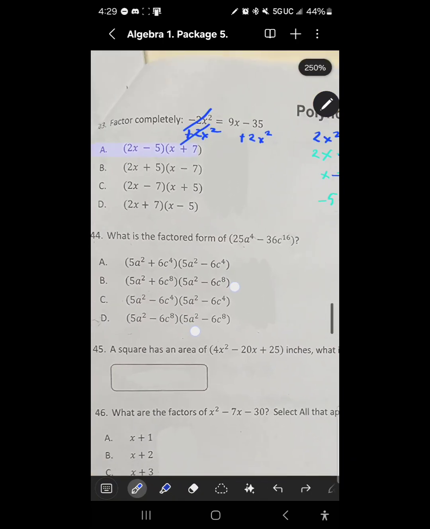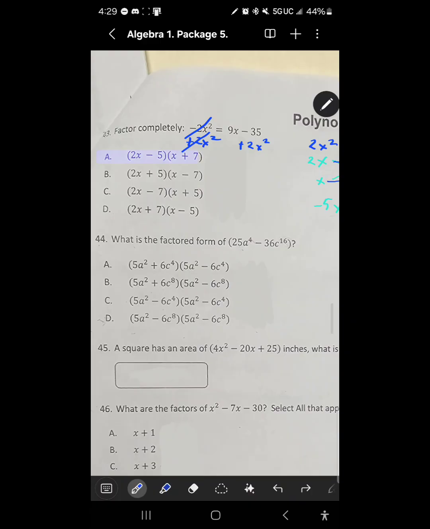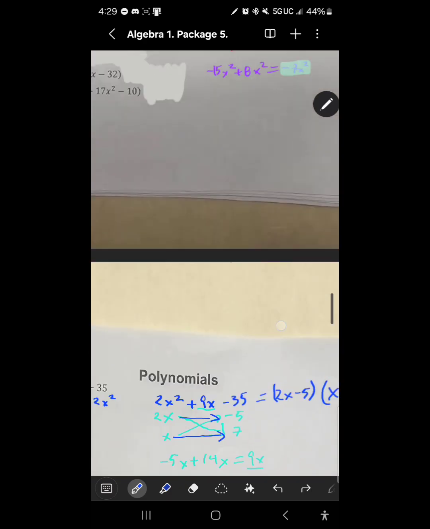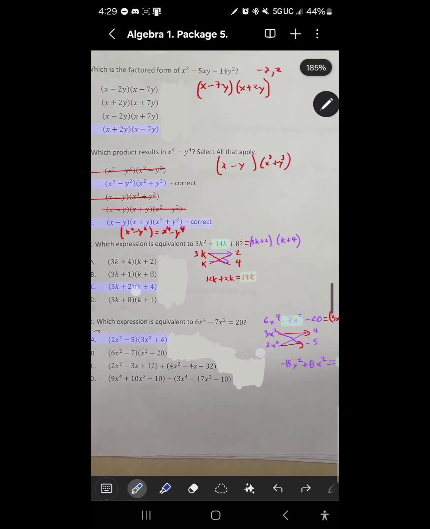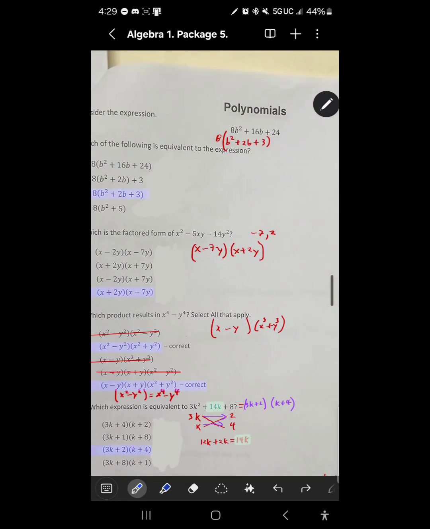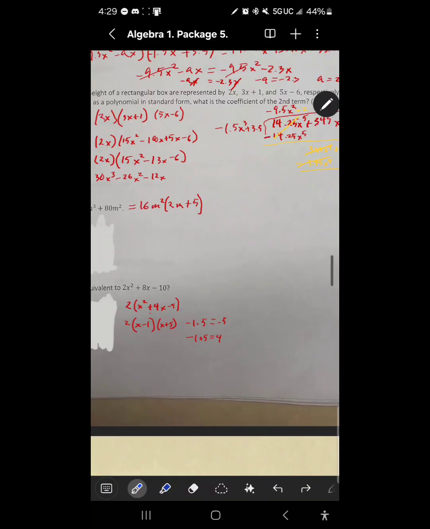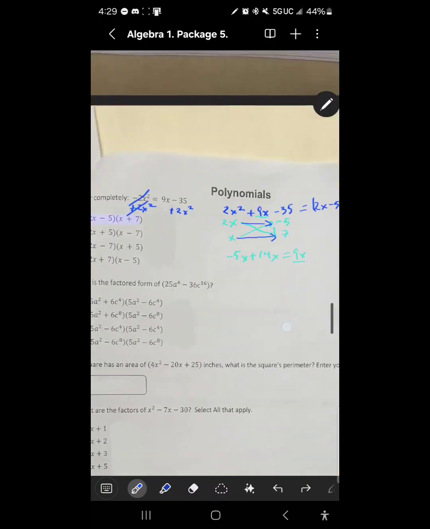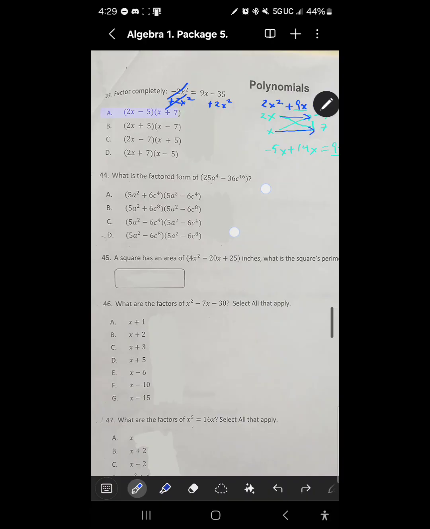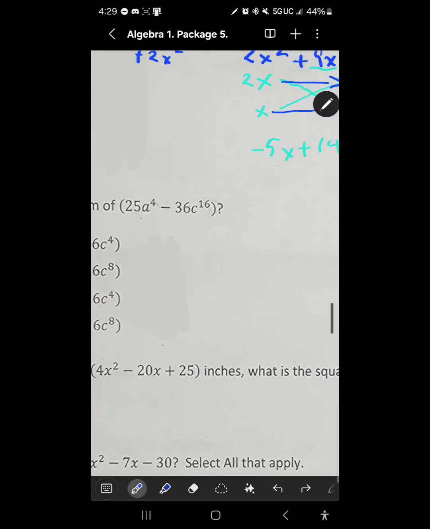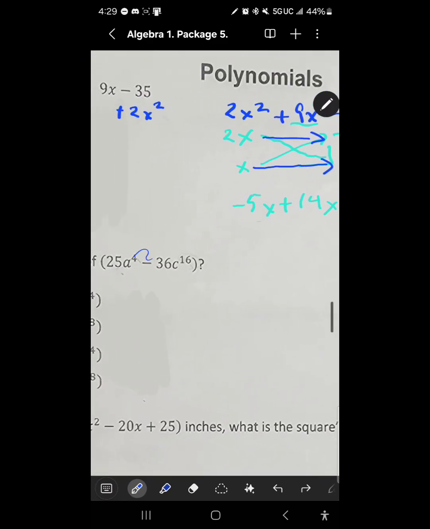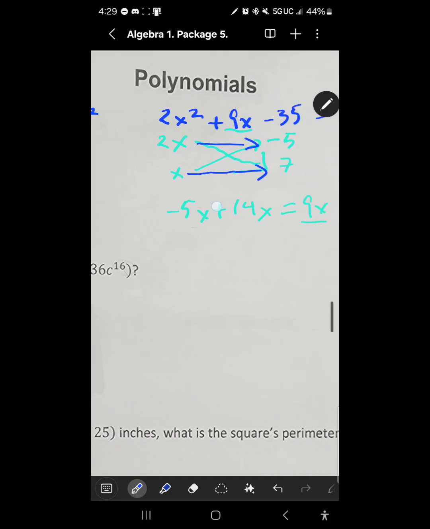Now, what is the factored form of this? I explained this last class. I think I did it for an exercise and said that it was not important. I actually learned that in Algebra 2, but I see here that you guys are doing Algebra 1, so I think that's a great and really easy way to solve our exercise. Basically, when we have one square minus another square, we can say that this is going to be equal to